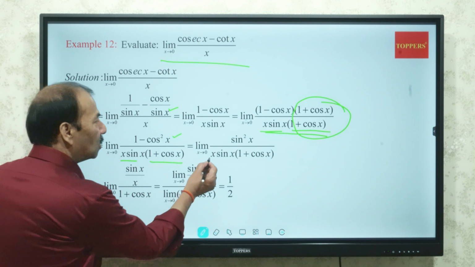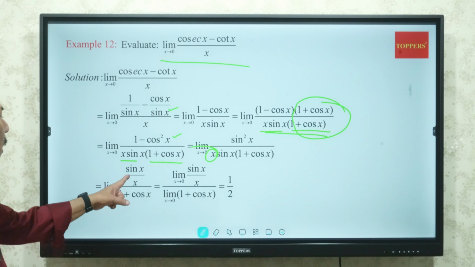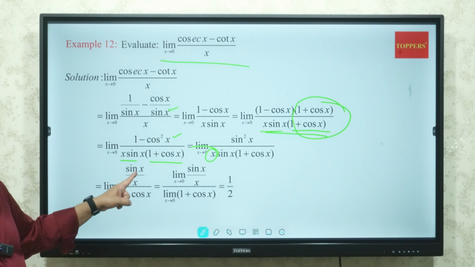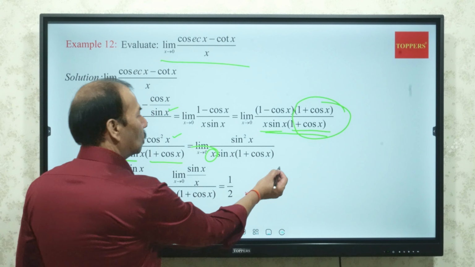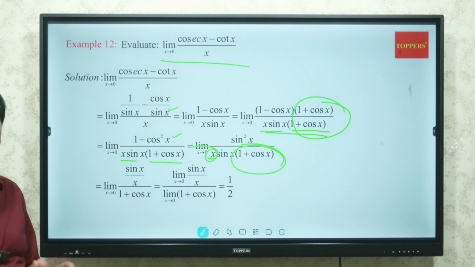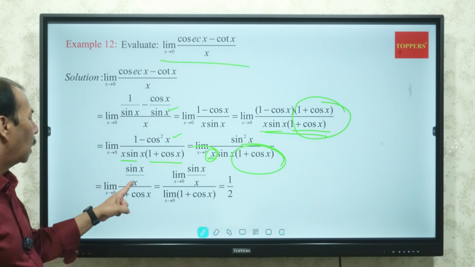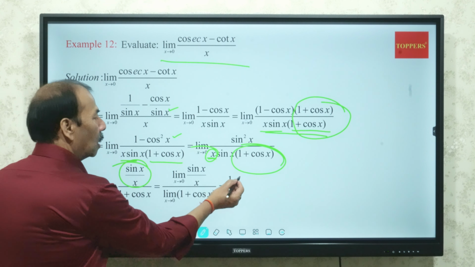So this single x here can be considered with the sin x. Here we are rearranging the terms. So it is sin x upon x divided by this 1 plus cos x. This x here has been considered with the new sin x of the numerator. So sin x upon x into 1 plus cos x. This is equal to your 1, because